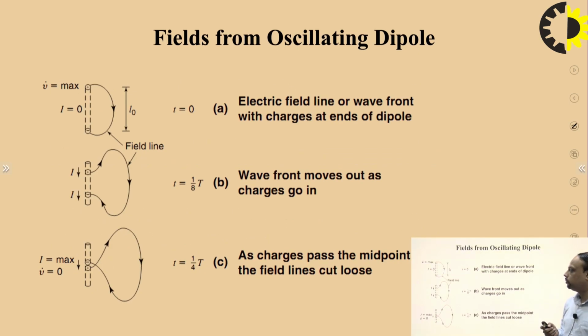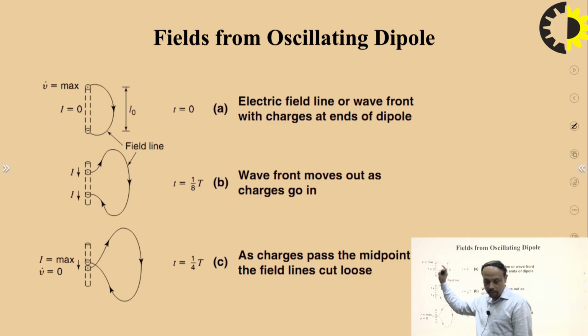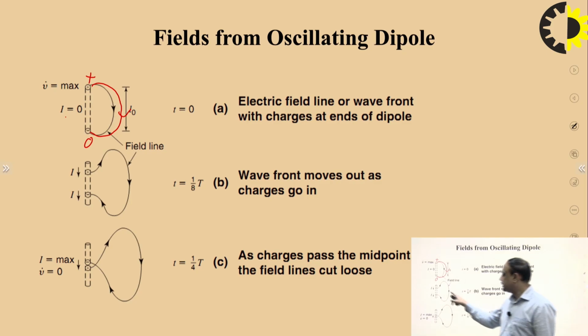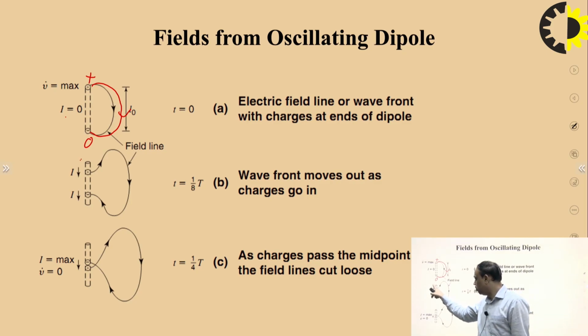So if we consider a dipole of length L, and initially the current is equal to 0, then due to this dipole there is some positive charge accumulated at the top and negative charge at the bottom, and the electric field distribution is like the electric field coming out from the positive charge and ending at the negative charge with these arrows. Now if we apply the electric field, this positive charge is going to move in this direction